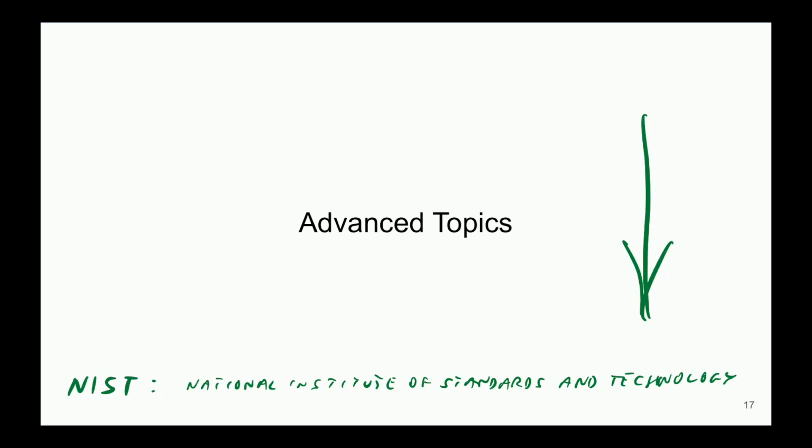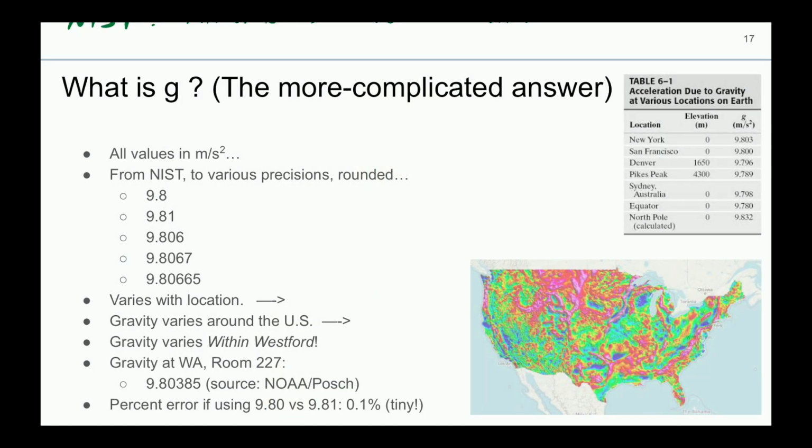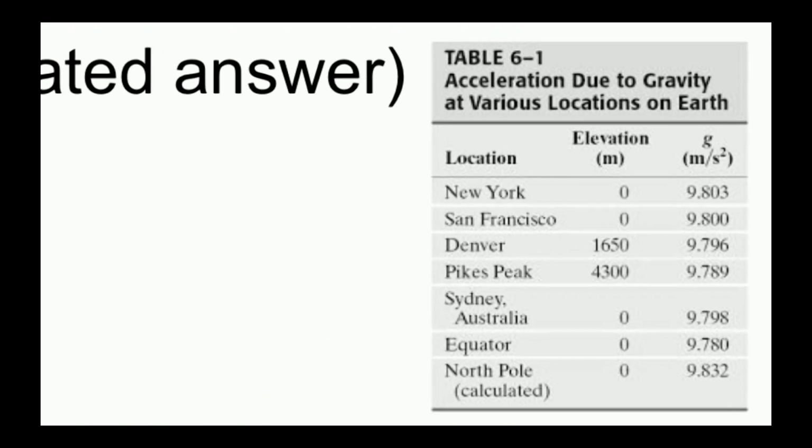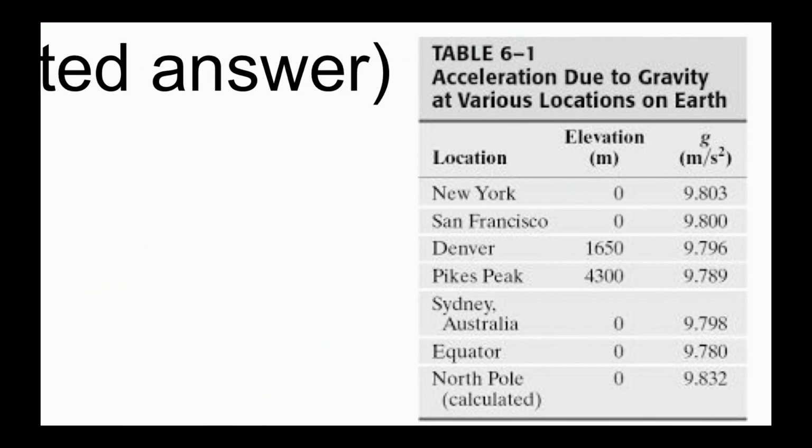Now, what is G? There is an organization called NIST, the National Institute of Standards and Technology. And they claim, if you look at this, that G is, depending on how many sig figs you want, available from them. It's just a standard agreement. That's just so that when I'm calculating, I get the same answer as my friend in California or Denver, because according to my John Coley physics textbook, gravity differs by quite a lot. If I'm in Denver,